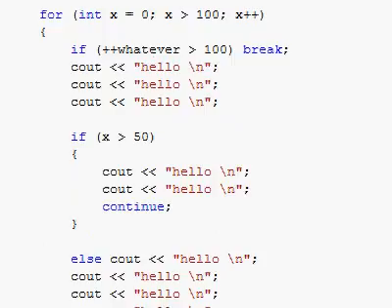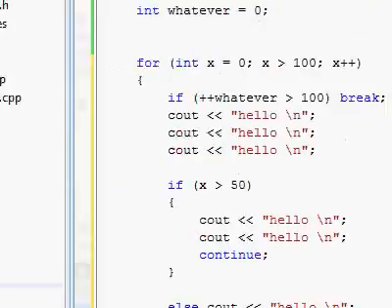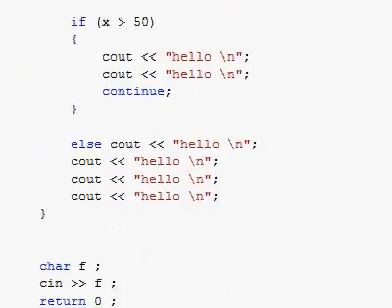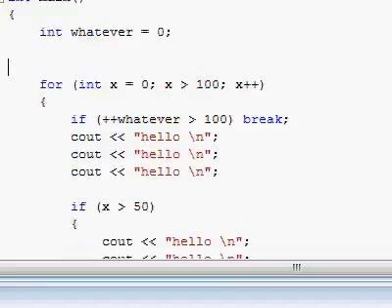You can have, of course, nested loops. You can have a for loop inside of a while loop, inside of a do while loop, inside of another for loop, etc., etc. An if statement inside of a for loop, inside of another if statement, etc., etc. Play around and test a lot of this stuff to make sure you understand how they work.